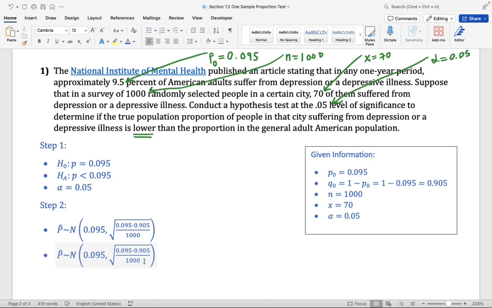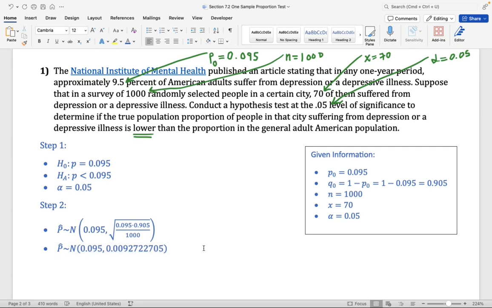Now here's the recommendation that I'm going to make. I recommend for you to type this value into your calculator. The square root of 0.095 times 0.905 divided by 1,000. Make sure that the quotient here is inside the square root. Okay? Go ahead and type that into your calculator. You should be getting